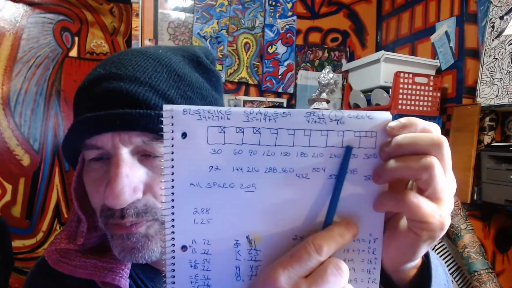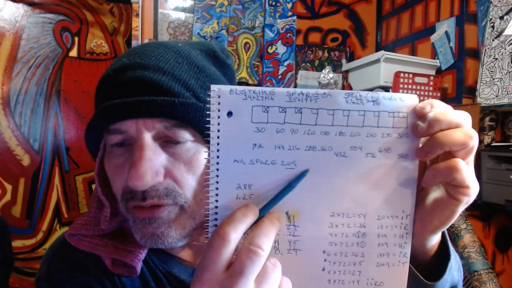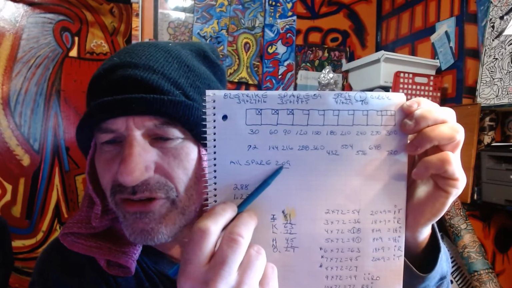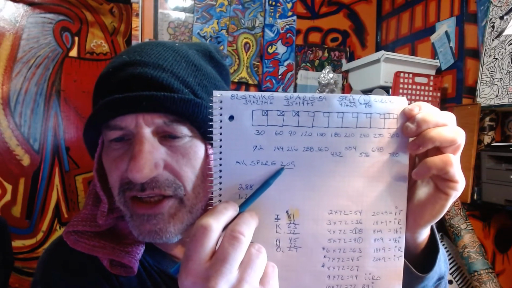I'm going to bowl a perfect game, because it's all about the pen and the paper, making it perfect. Then you can figure out the bipolarity of it. What is a perfect score? 209. You ever see this? It's a magic number. This is the IR and the O world together.